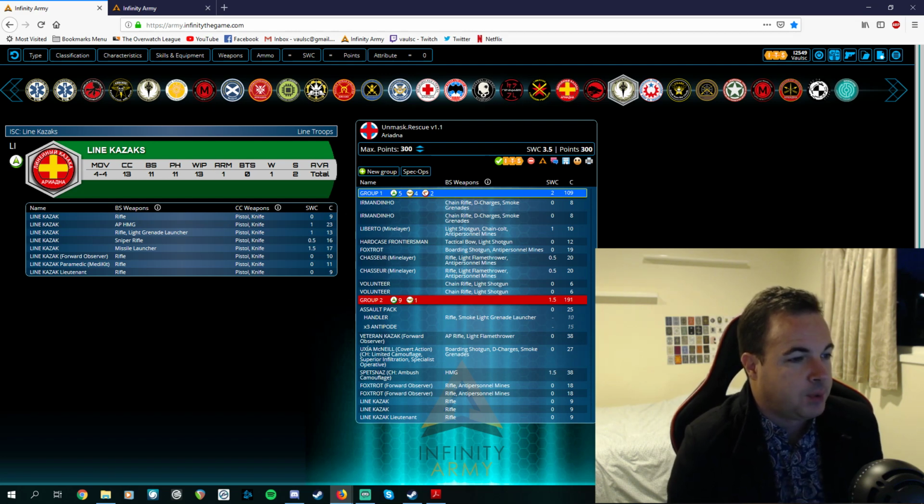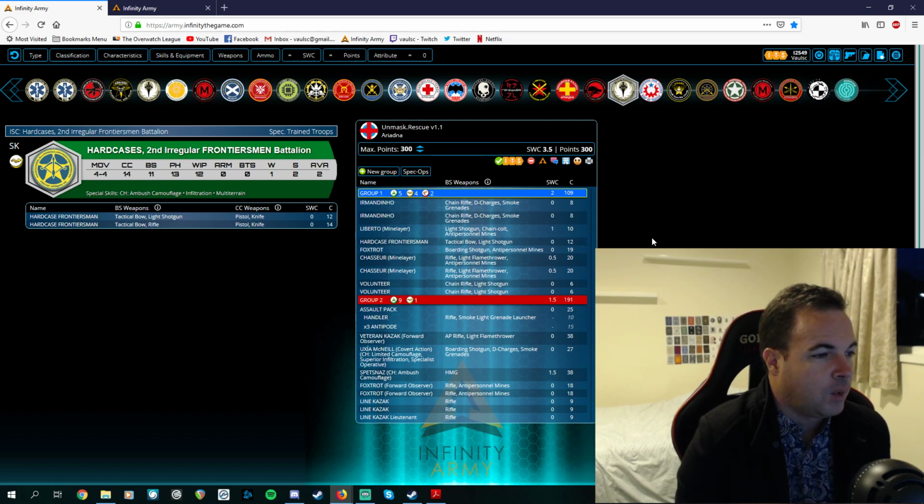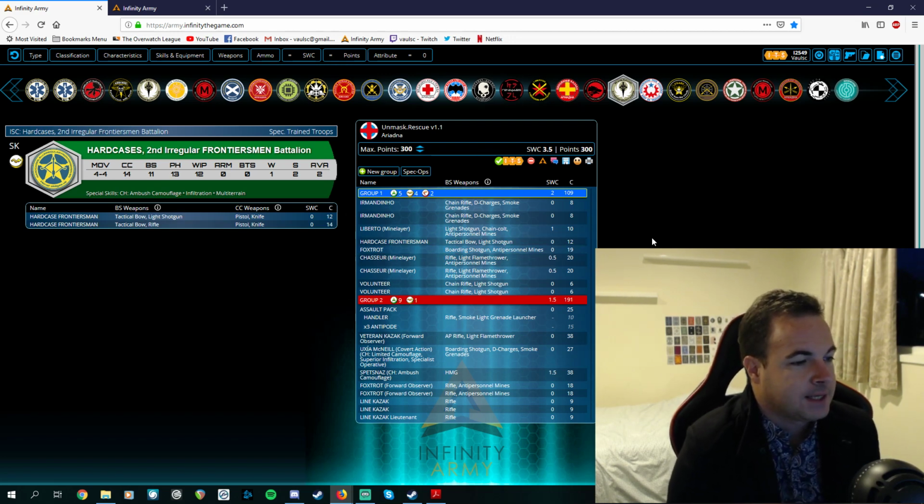I feel like if they're supported, or if they've got things to support, they can be quite good. But just in general, very useful unit. Liberto Mine Layer, kind of handy if there's an objective room that you can put mines in. The hard case Frontiersman, he's so cheap and so throwaway that he can often be worth taking, but I don't